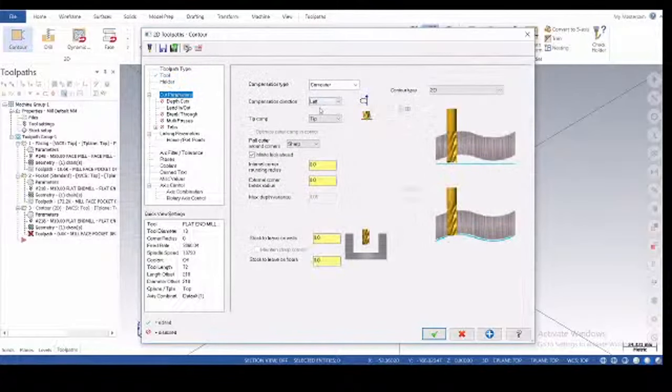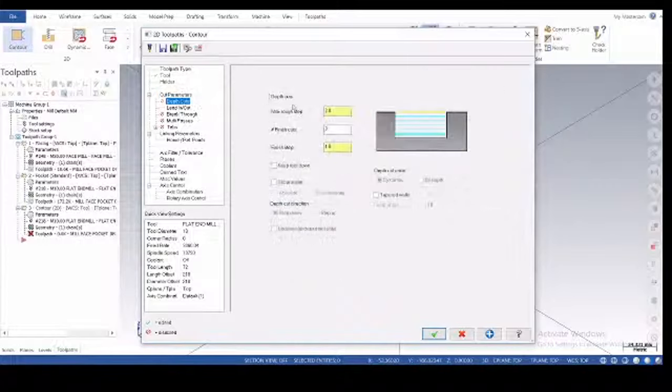Here you have to define compensation direction, on which side it will go. And here is the stock to leave on walls, stock to leave on floors, and go to the depth cuts. Okay, keep it down.